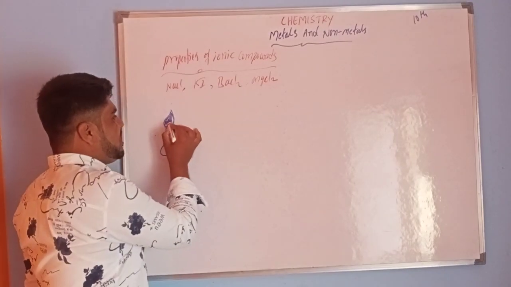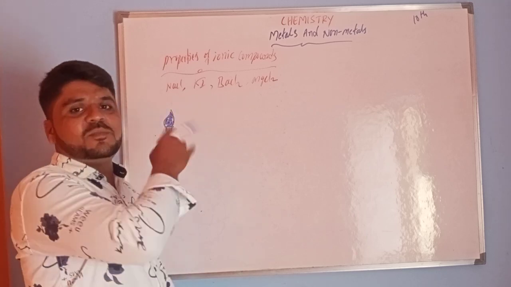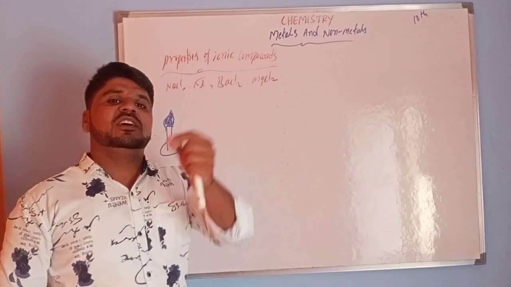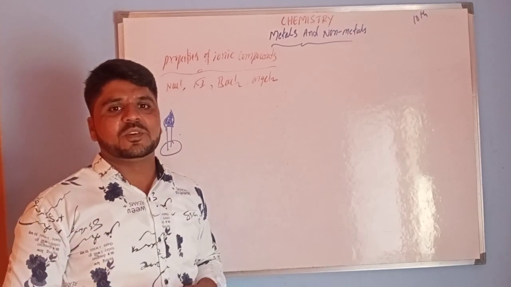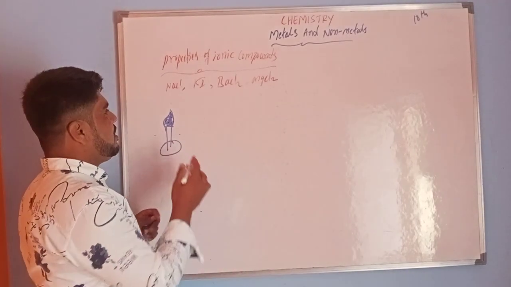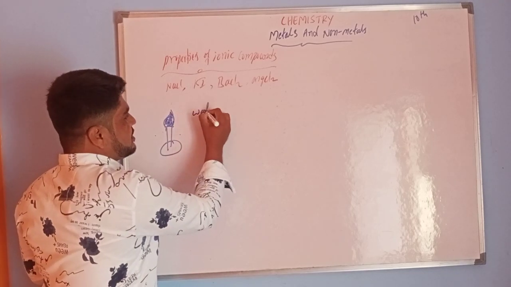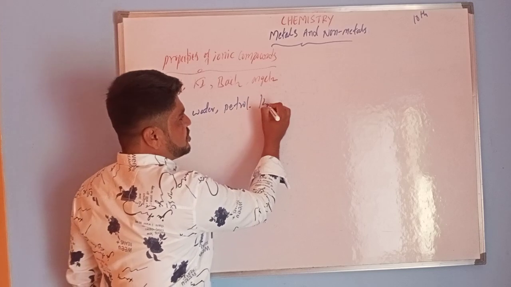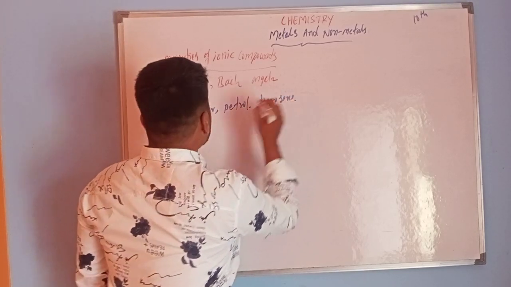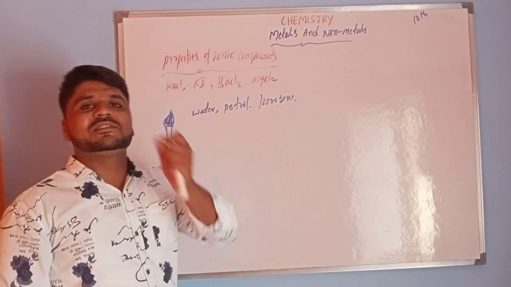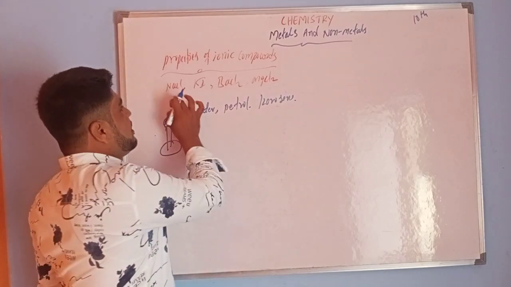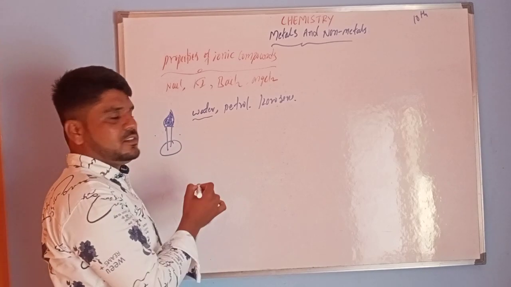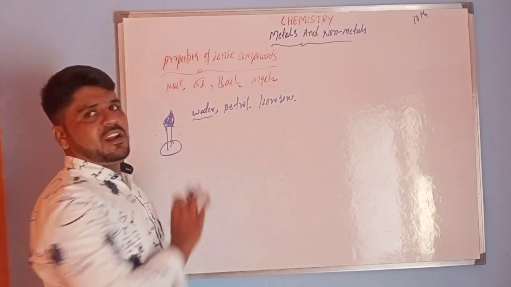Is there any change in the flame of the Bunsen burner? You have to check. You have to do this in the laboratory. Okay. So next, you have to take water, petrol and kerosene. So now you have to do the solubility test. Take these ionic compounds and dissolve them in water. So check whether they are soluble or not.